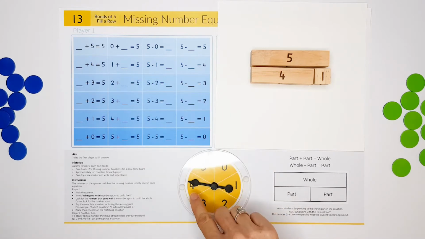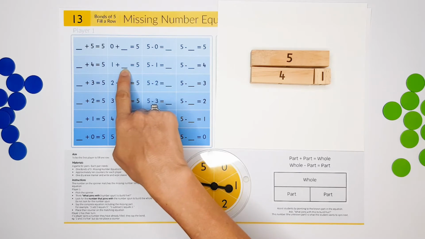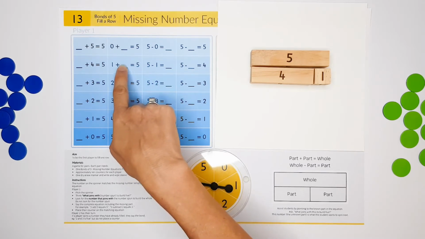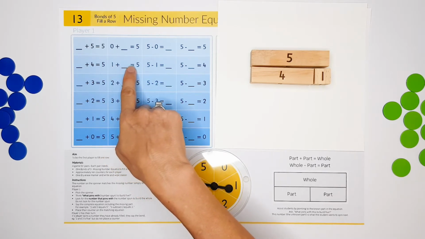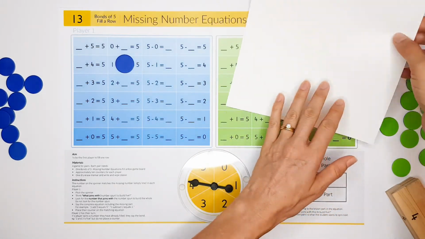The 4 I spun would go right there, and it's important when I place my counter to say the equation. 1 add 4 equals 5. Player 2's turn,